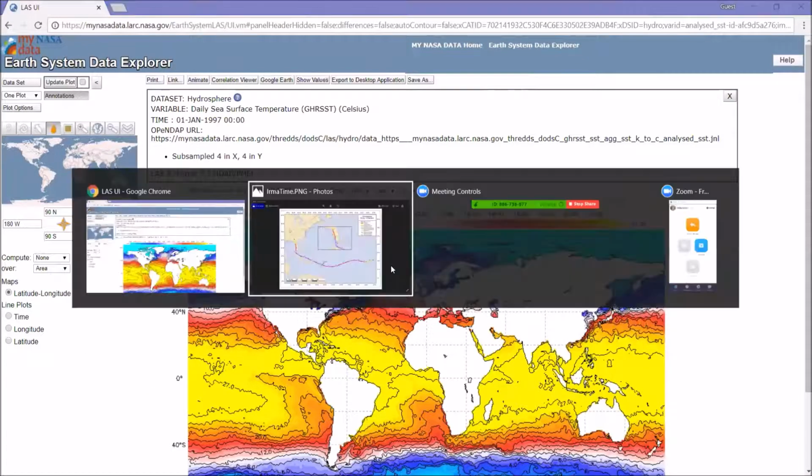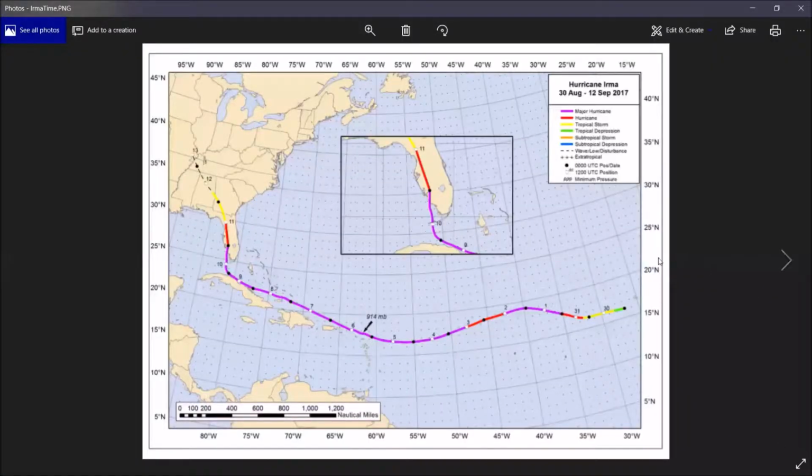And to recall, Hurricane Irma was a very powerful storm from last year, 2017. It occurred from the 30th of August through the 12th of September. Although really it departed the west coast of Africa on the 27th of August as a tropical wave, and it completely charged across the Atlantic and slammed into the Caribbean before heading northward. Now, with this in mind, and this image provided by the National Hurricane Center Tropical Cyclone Report for Irma, we